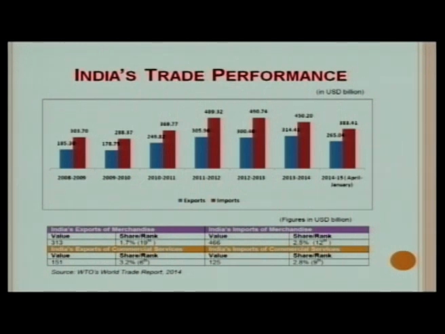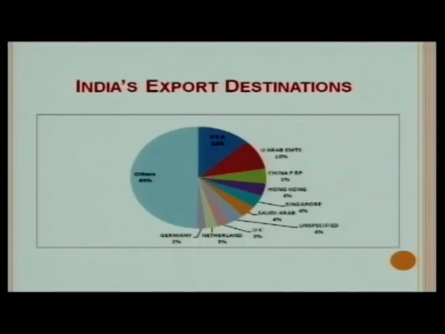India's export of merchandise is 313 billion US dollar and we are 19th rank all over the world. As far as commercial services export is concerned, we are 6th in position. India's import of merchandise is 466 billion US dollar and we are 12th rank in the world. As far as the import of commercial services is concerned, we are 9th rank in the world. And if we talk about India's export destinations, primarily the major markets are USA and Europe, which constitute our major